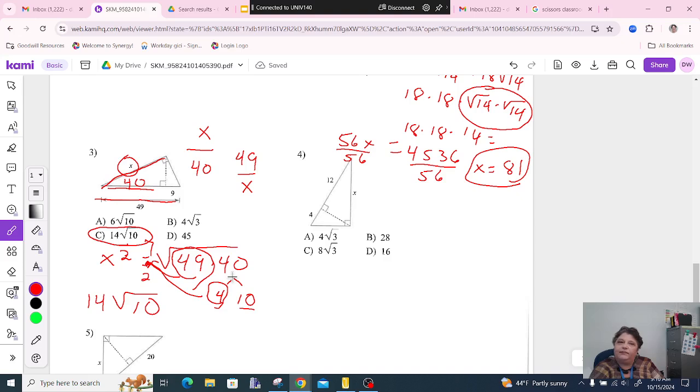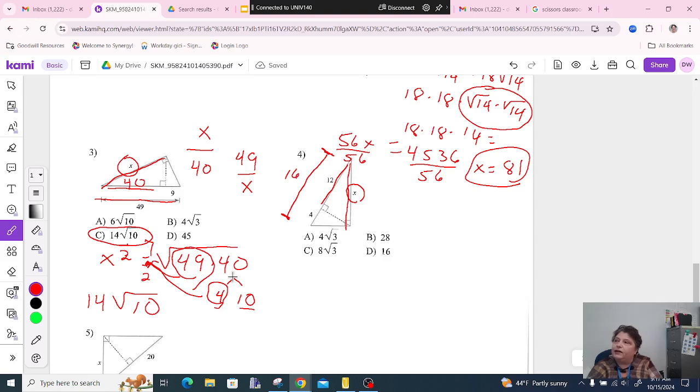So if I'm looking at number 4, where's the geometric mean? Is it the 4, the 12, or the x? It's the x because it's the outside of this big triangle. And if it's x, I have to use the side it touches and the whole thing. But what is the whole thing? Because it didn't give it to us. Since it just gave us the 2 pieces, I have to add these 2 together, and I would get